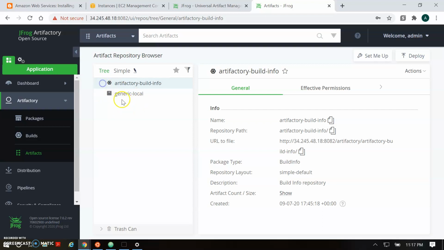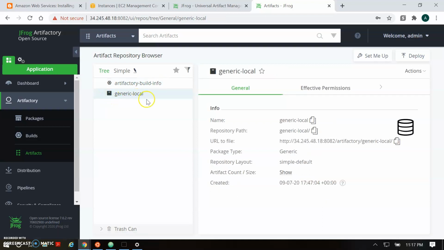These are the two repositories: this is basically build info, and this generic local is the one we created initially. That's the repository where we will upload our artifacts. You can create your own repository also, that we will see in the next session.